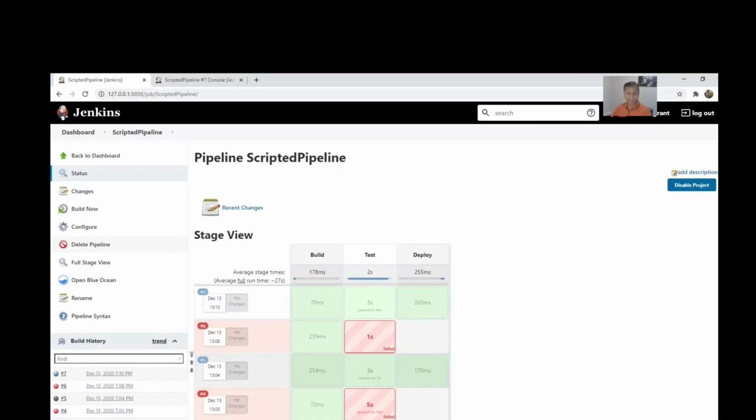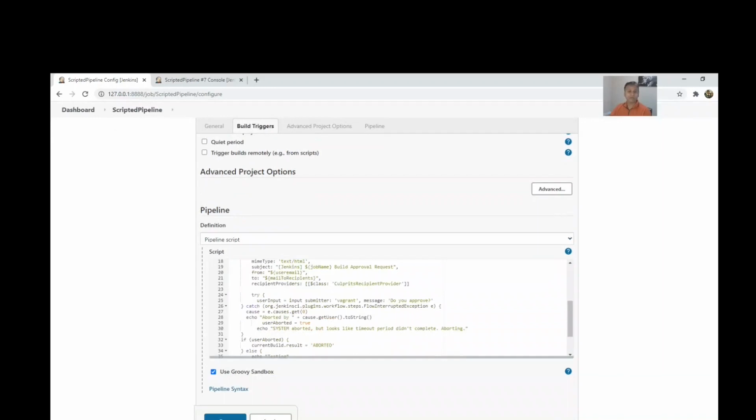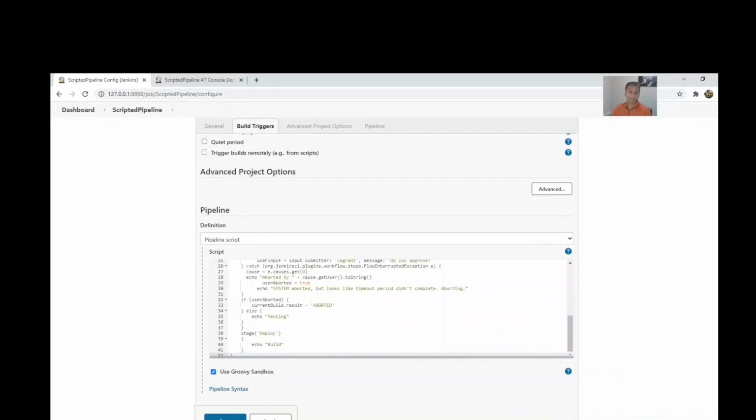Finally, let's see some parallel builds also. So how we incrementally added, right? First we started with the declarative pipeline, then we moved to scripted pipeline. In the scripted pipeline, we approved from the session itself, without approval we continuously ran all the builds and all the steps. Then we added the approval process in the session, then we added approval by email, so someone remote can approve.